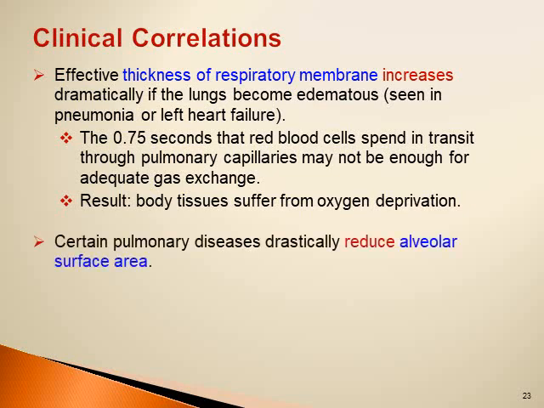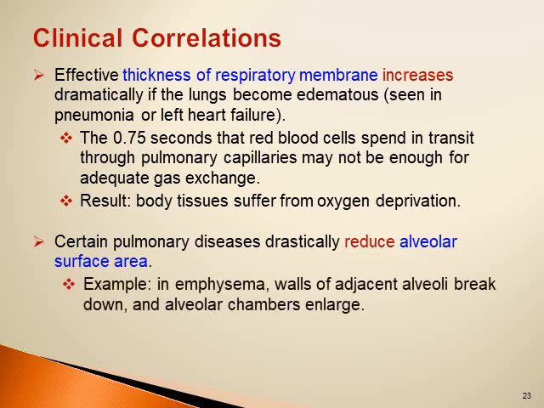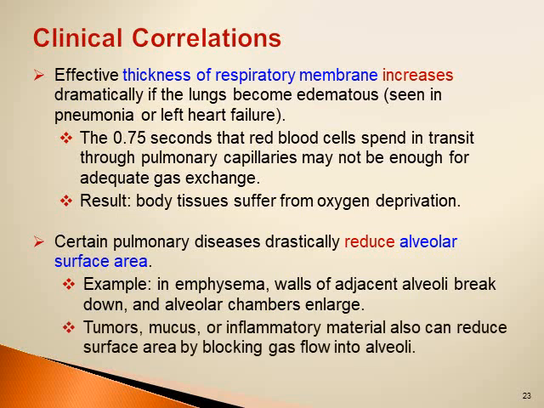Certain pulmonary diseases drastically reduce alveolar surface area, and this will lead to reduction of the respiratory membrane. An example is emphysema, where walls of adjacent alveoli break down and the alveolar chambers enlarge. Again, tumors, mucus or inflammatory material can also reduce the surface area by blocking gas flow into the alveoli. They will block the ventilation of the alveoli, so this will decrease the surface area that is available